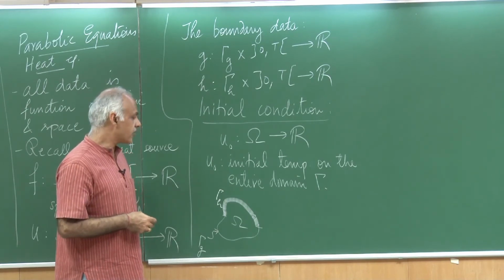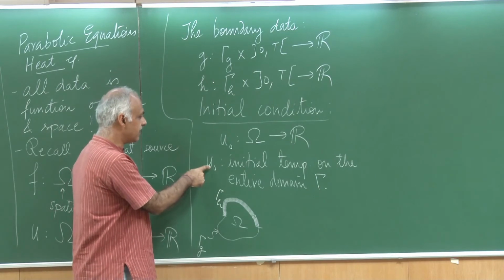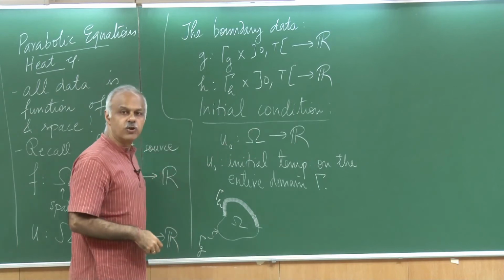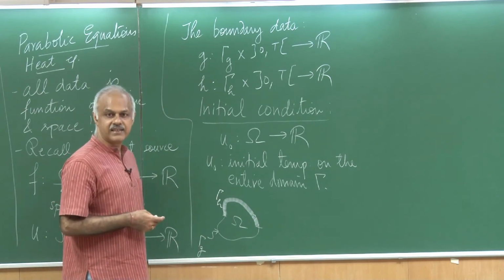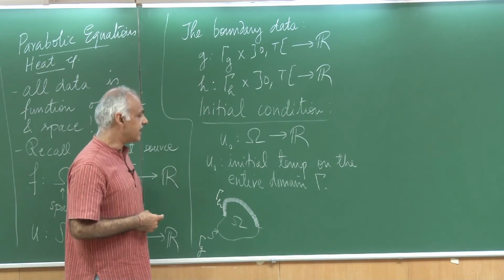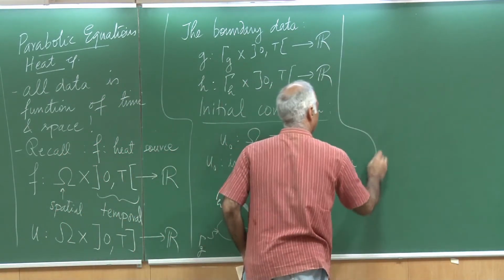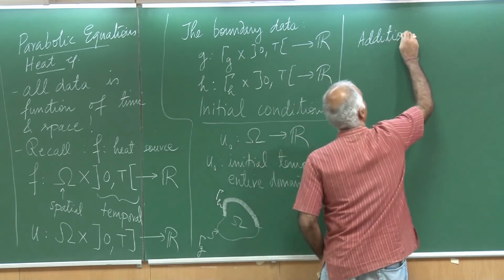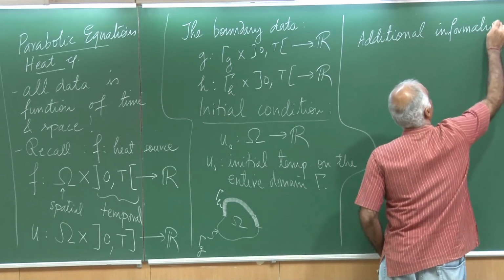Okay. So, to keep matters simple, we will assume that at t equal to 0, we will only specify the temperature on omega without the bar. So, it is the open spatial domain, and as far as the boundary conditions are concerned, they still remain intact as they have been specified, and that is why we would maintain consistency. We are also going to use some additional quantities for setting up the unsteady problem.